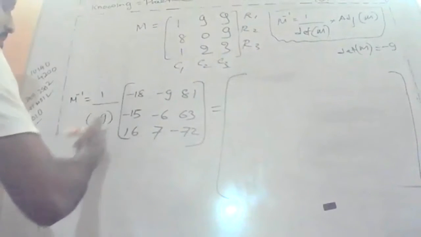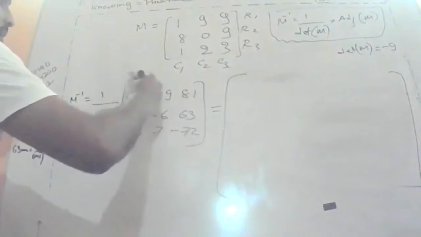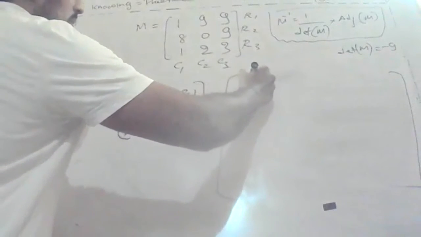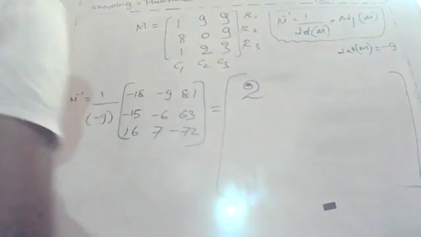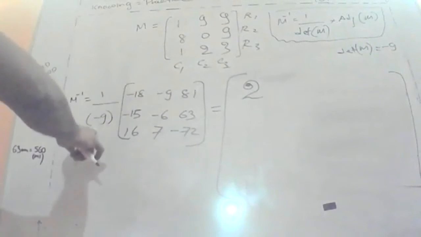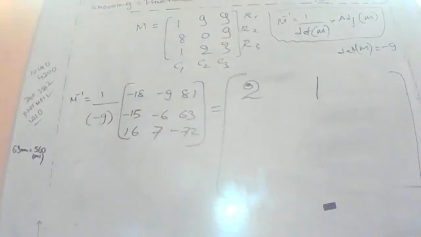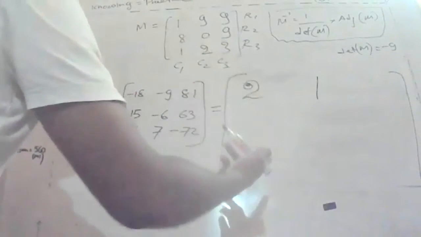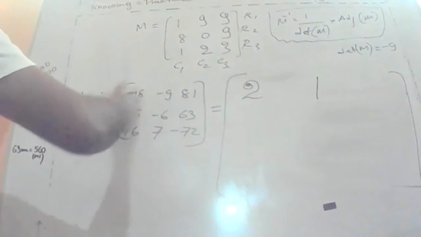This multiplied by this, negative is positive, right? 9, that means 2. 18 divided by 9 is 2, so that is done. Minus positive, so it's 1. 9 into 9, 81. So the positive coefficient negative, so it is negative 9.